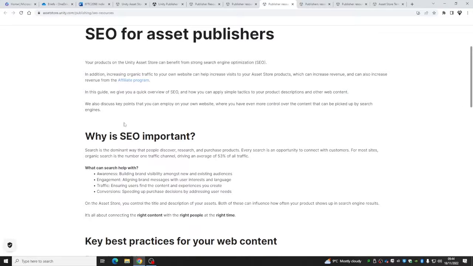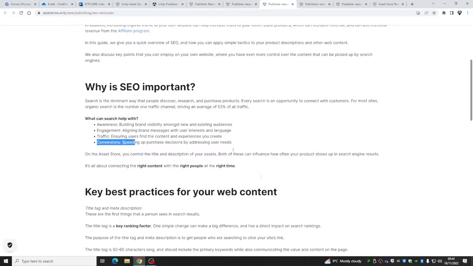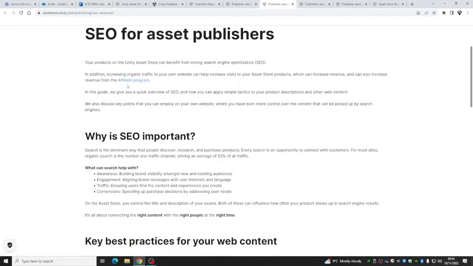So it's all talking about how you can again make it better and build brand awareness, engagement, traffic and conversation. So in addition to increasing organic traffic, what would you think organic traffic is?